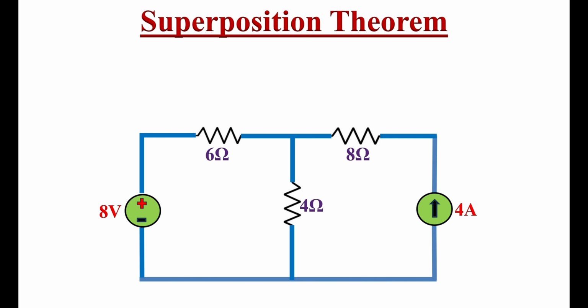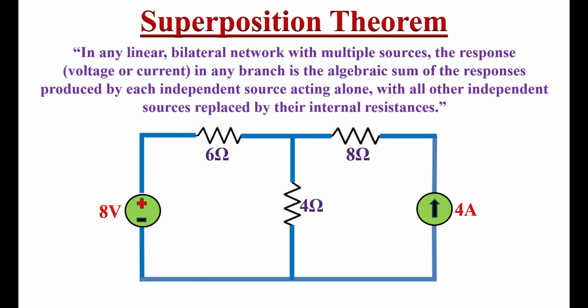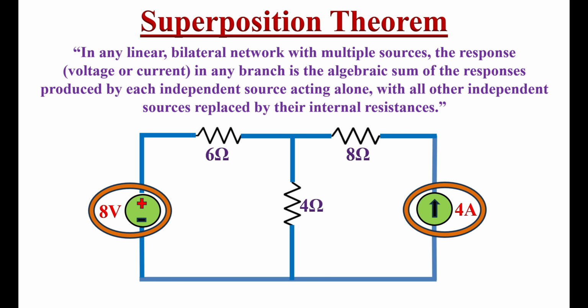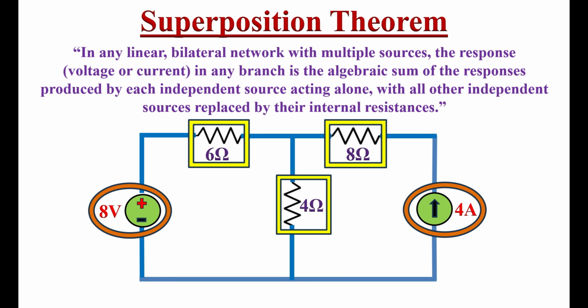The superposition theorem states that in any linear bilateral network with multiple sources, like here in this circuit, two independent sources are powering this circuit. Now the response, meaning the voltage or current in any branch, is the algebraic sum of the responses produced by each independent source acting alone, with all other independent sources replaced by their internal resistance. Essentially, we turn off all sources except one to find the value we need and then add the results together